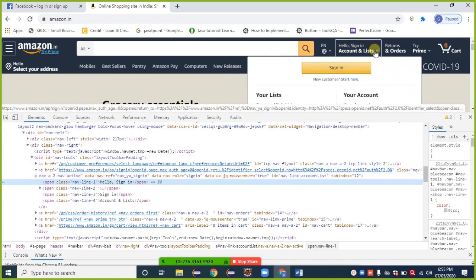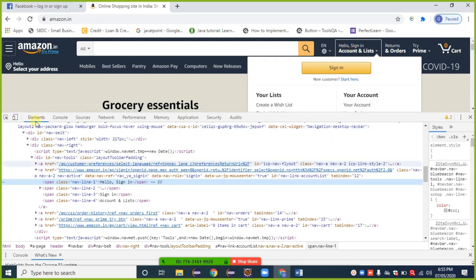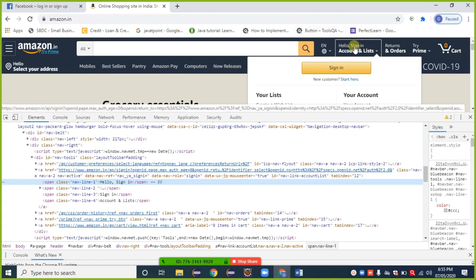Inside the button, there is the Hello, Sign in element, and another element named Account & Lists, and a total button. If I click here, here, here, what happens?